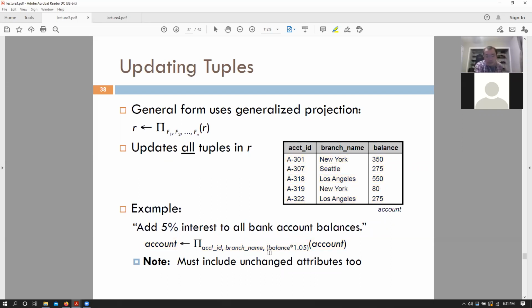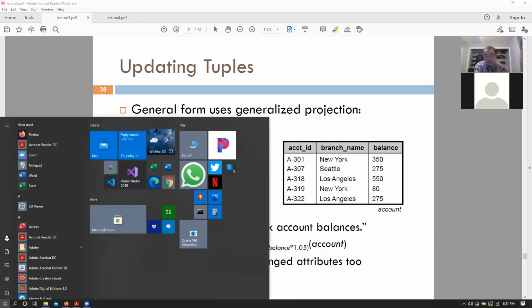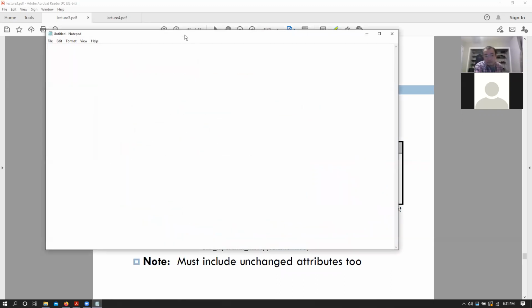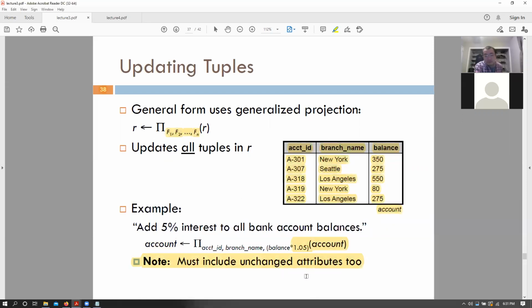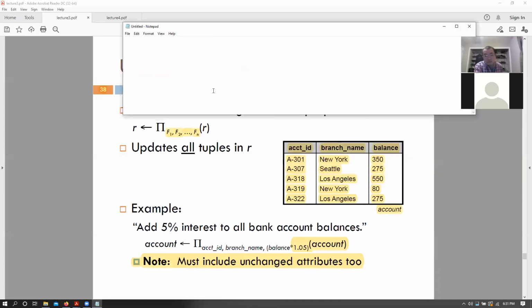So for example, let's say that we had our schema as account ID, branch name, balance, and interest rate, right?